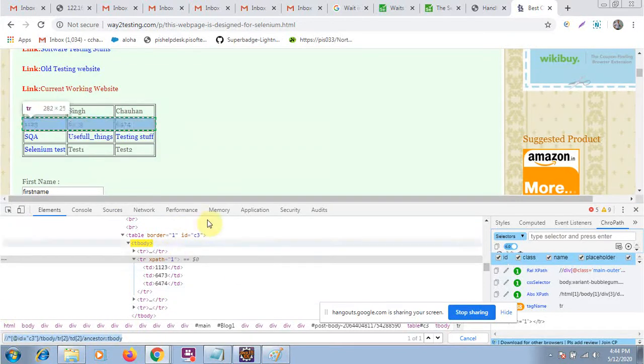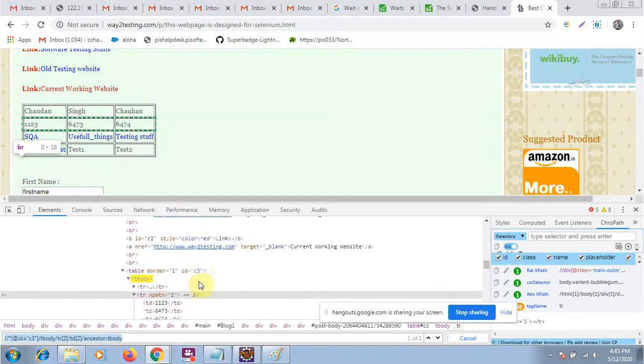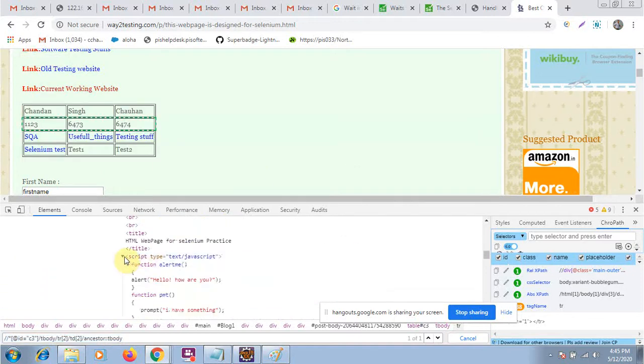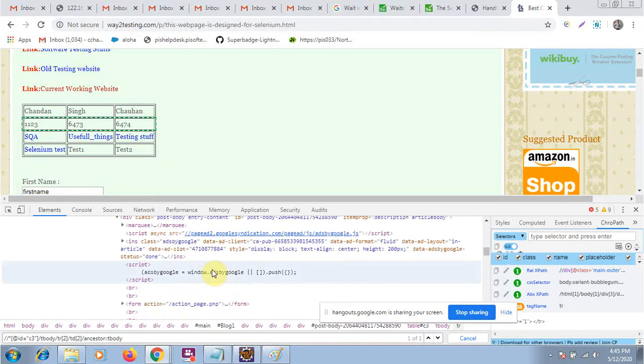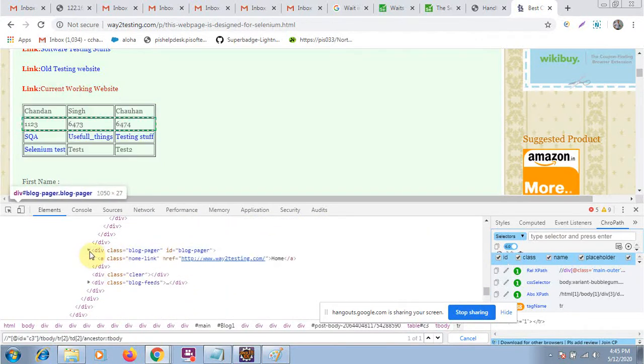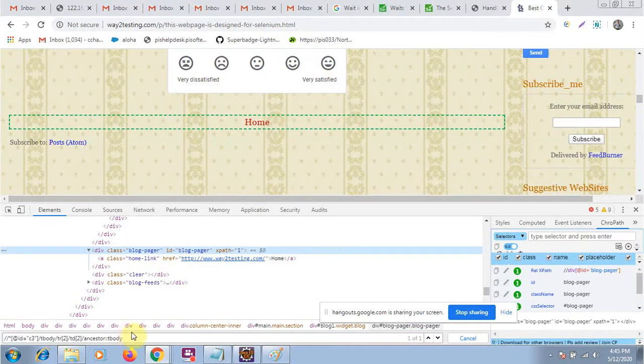Okay. Now I think nothing is remaining, and for this I am taking a child example. Okay, let me copy the XPath of this one.